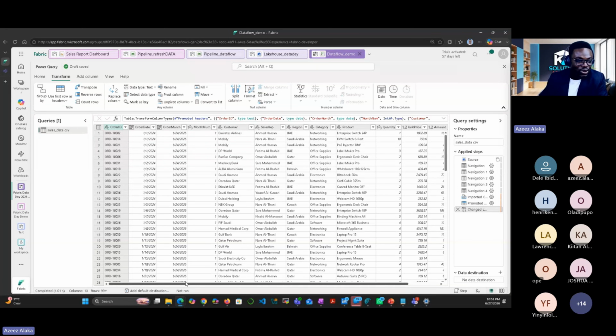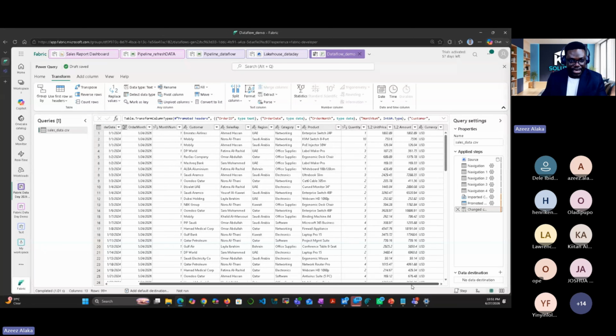All right, because of our time, let us go fast. We have this, so we don't want to do much cleaning. This is okay. There are a lot of things I would have shown you here on how to clean it up, but because of our time, okay? If you want to know more about it, please just register for our next cohort, and you are going to understand all of this in a simple way.